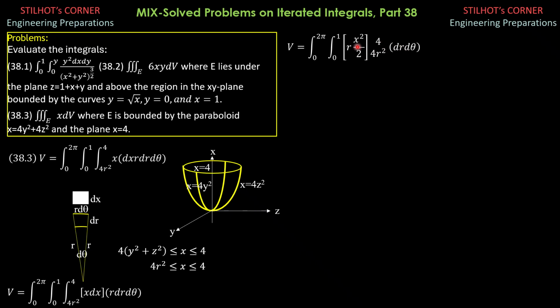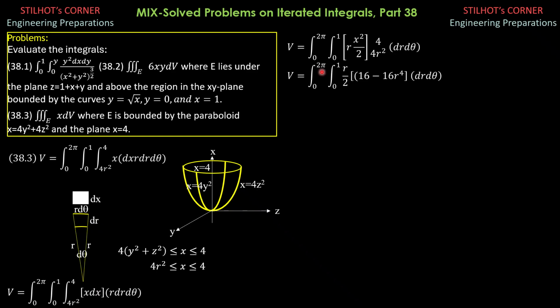Substituting the upper limit, that would be 1 half of 4 squared, 16, minus 16r to the fourth. So that's r over 2, which is constant, times 16 minus 16r to the fourth, dr d theta. Factor out 16, that would be 8